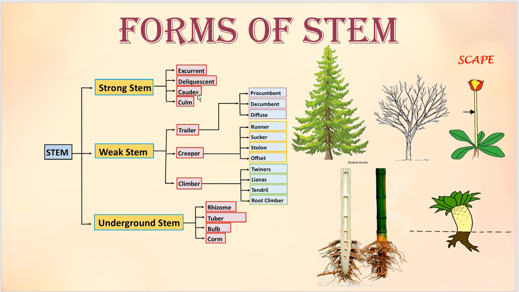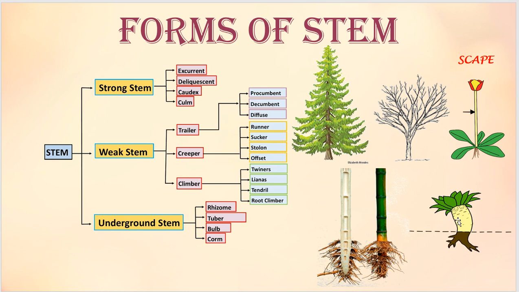Okay, and then the third type is caudex. Caudex means generally they are the thick, stout plants. So this is the best example for caudex. If you think of caudex kind of plants, generally cactus or baobab kind of trees come to mind. But literally speaking, caudex means plants which bear a very long, stout stem, and a bunch of leaves will be present on top of the stout stem.